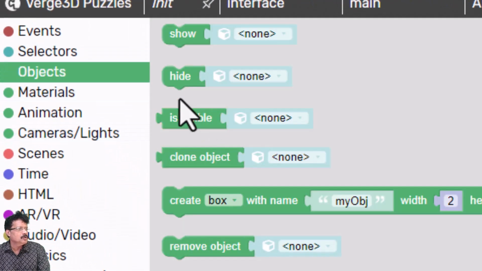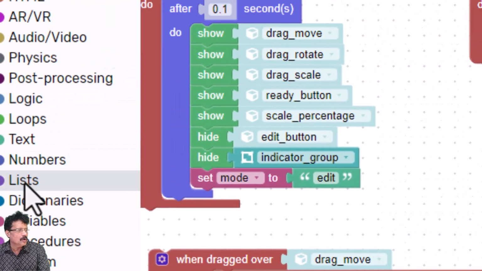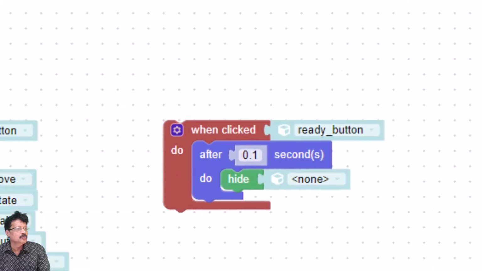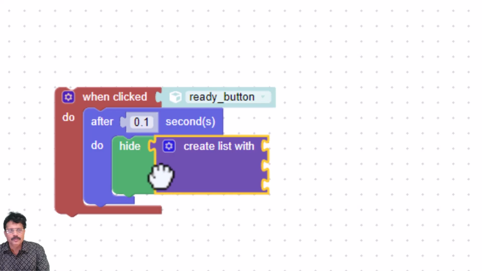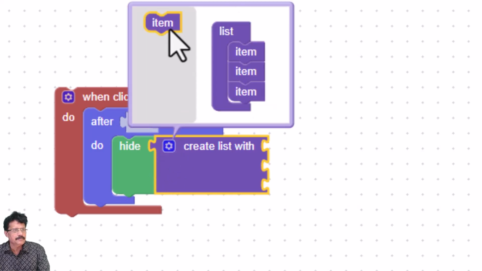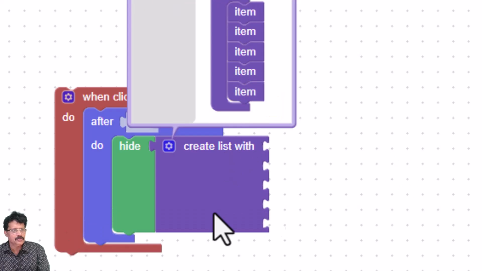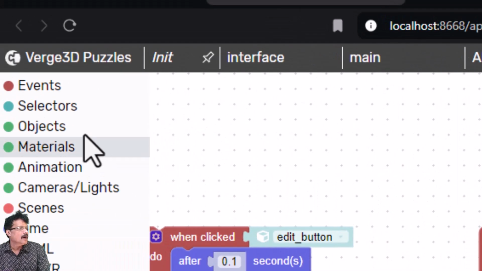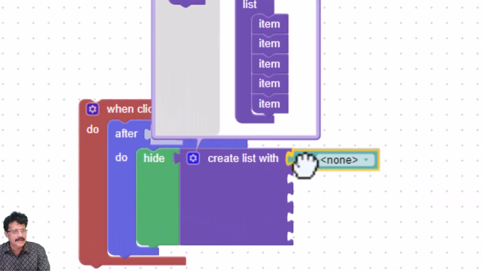I will come to object and choose hide, and I am going to now use list. I will use create list with. What all we are going to hide? I am going to add 2 more items here. So, I will make it 5, and the items we are going to hide here is, I will come to selector, I will select this object, drag it here,